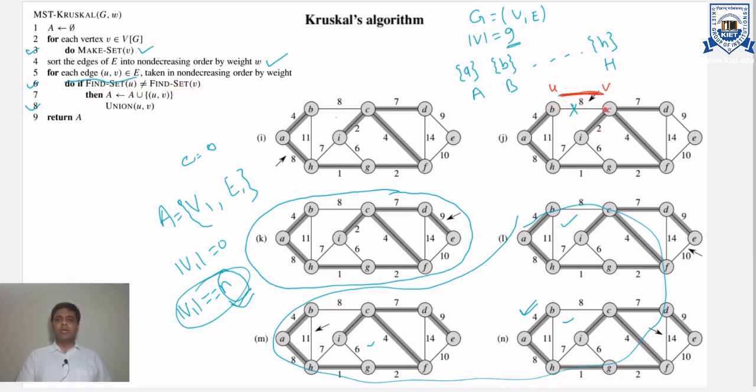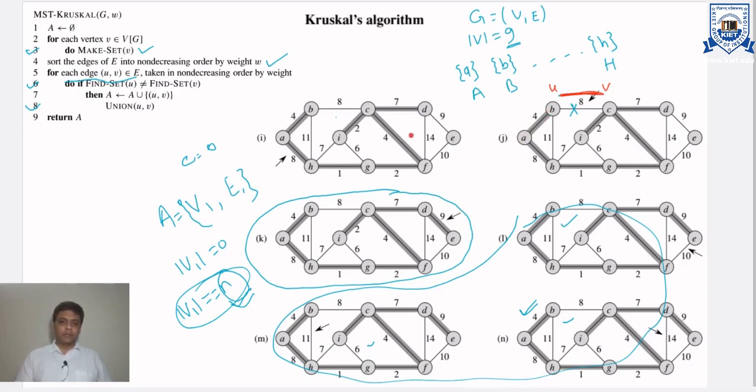So if both ends of the edge, that is the corresponding vertices, do not belong to the same set, then that edge is safe. This is what line number 6 is saying. Now initially all the vertices belong to separate sets, so how could they belong to the same set? I mean, B and C belong to the same set, how could that happen? So what they are doing is, if you select some edge,